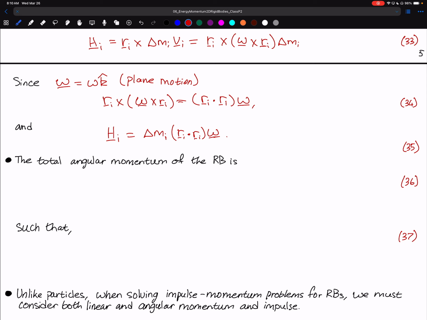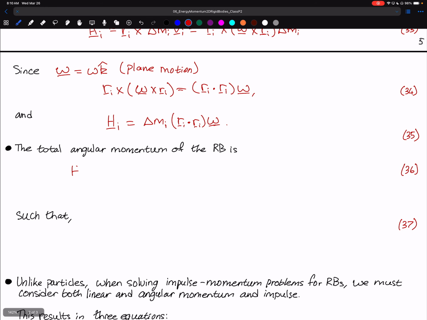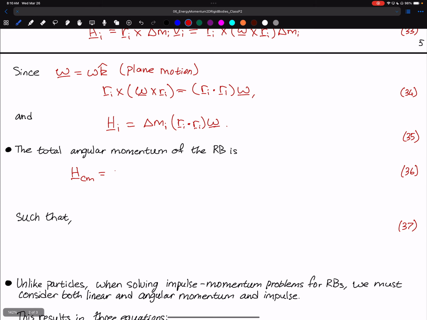Okay, so then the total angular momentum of the rigid body is going to come by doing a summation over all of the different particles, and then we're going to find here that H, and this is now with respect to the center of mass. So the rotational or angular momentum of the rigid body with respect to center of mass is equal to the summation from i equals 1 to n of delta m_i times r_i dotted with r_i times omega, which is simply going to be equal to